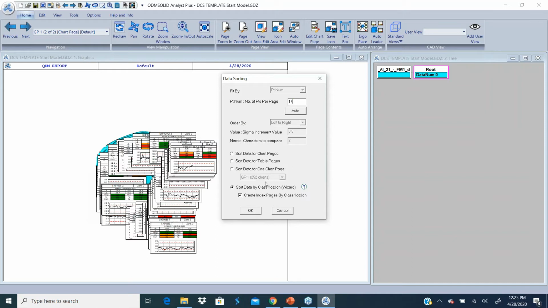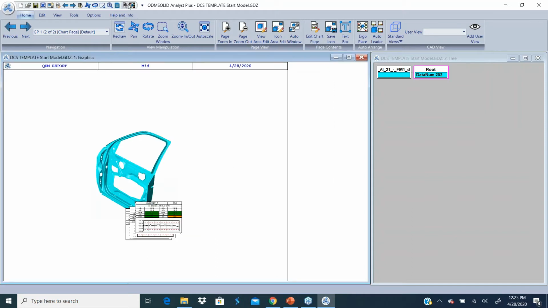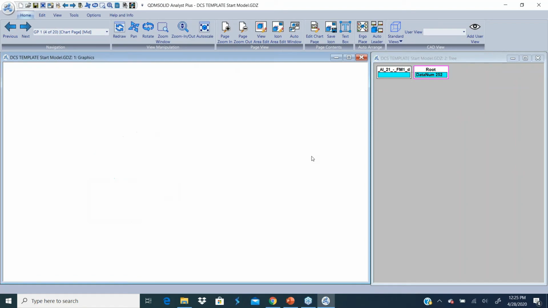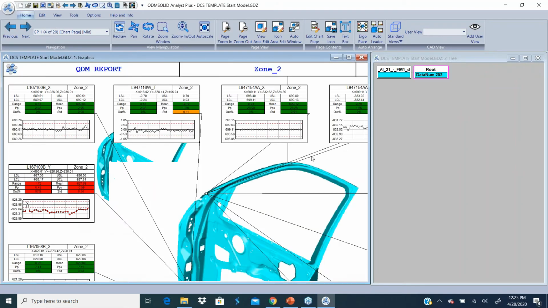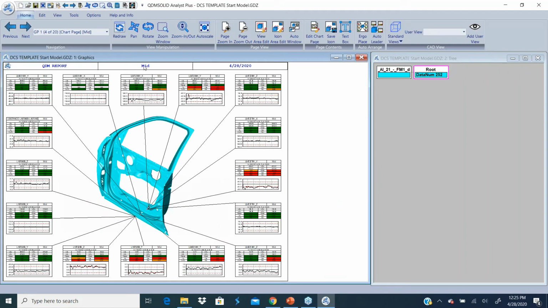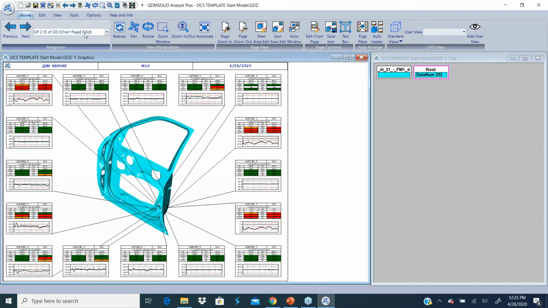maybe I'll put 16 charts per page, okay, and do an ergo place all sides. Let the system walk through and create my report. So those three steps that I did can be automated. If you had an Excel file which already contains the classification, now I have the mid classification features. I have a set of points, charts for the zone 2 charts pages, zone 3, and for the mid section. So this allows you to manage your classifications easily, because you could use an Excel-based